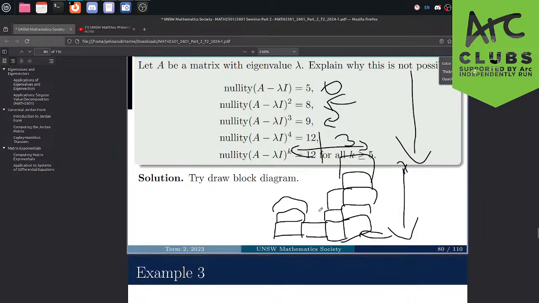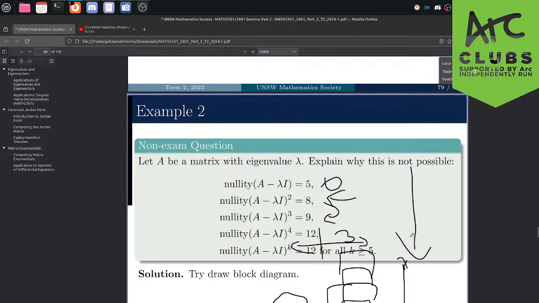The issue with this diagram is that there's actually a gap in the middle. For one, we can't have gaps in the middle. But also, secondly, if you try and draw your Jordan chains, in whatever direction, you notice you can't get past this gap here. You can't get past these 2 gaps. So this can't happen. Your Jordan block diagram can't look like this. It has to look like some sort of staircase for it to be valid. So this is never possible.